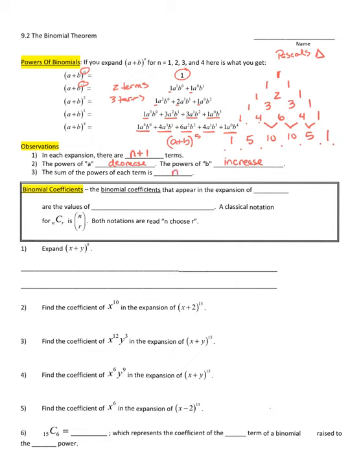So now, for binomial coefficients, the binomial coefficients that appear in the expansion of a plus b to the n are the values of, and this is where we need to take a look at what those are. And this is going to be quite amazing to you. So here we see Pascal's triangle again. You can see it goes all the way down to where we would be expanding a plus b to the sixth. These are the numbers for the coefficients for a plus b to the sixth, but you can see Pascal's triangle here. If we were to continue on,